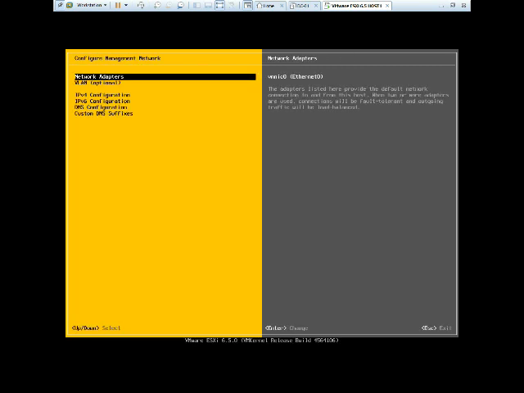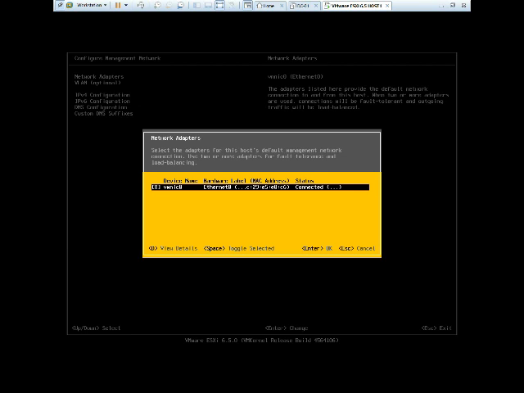Just press Enter. If you have 4 or however many NIC cards, it will show the list over here. From here you can select the NIC card for the virtual switch. If you want to select, you can just press space. You can see the X mark. X represents that it's selected, and if it's not there, it means it's not selected. So we'll keep it selected. In the next video I will show you how to do teaming, what teaming is and how to configure it. For now we will not focus on the teaming option, because we don't have the NIC card available.